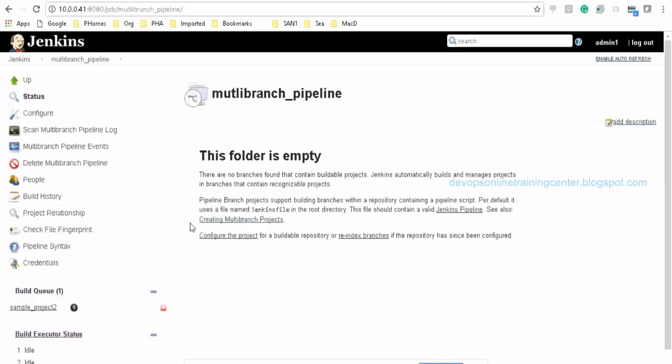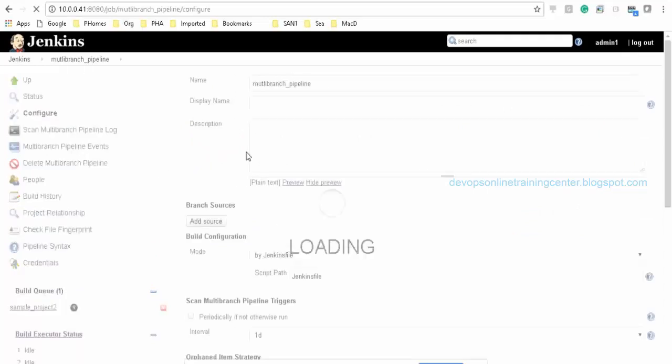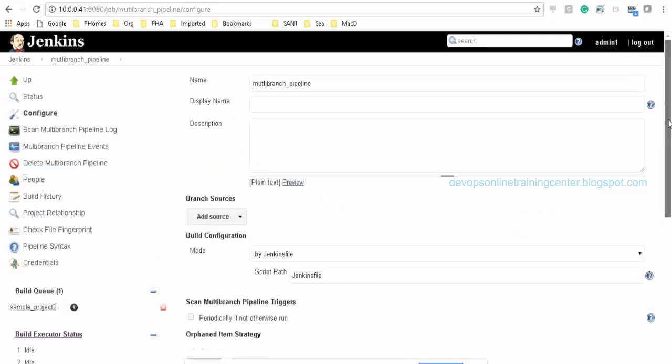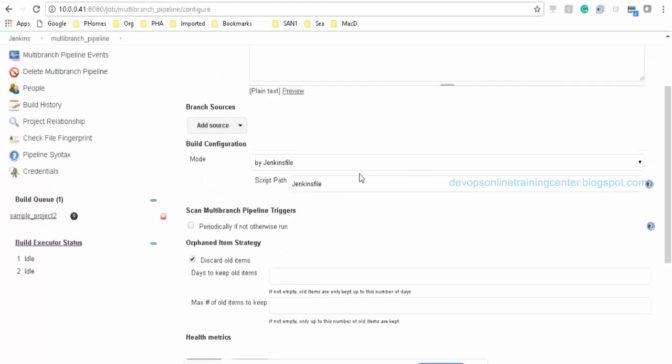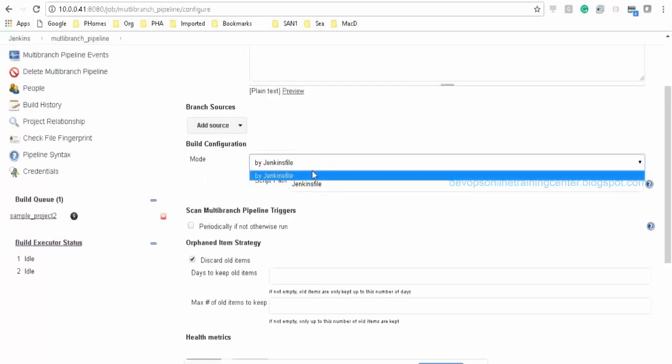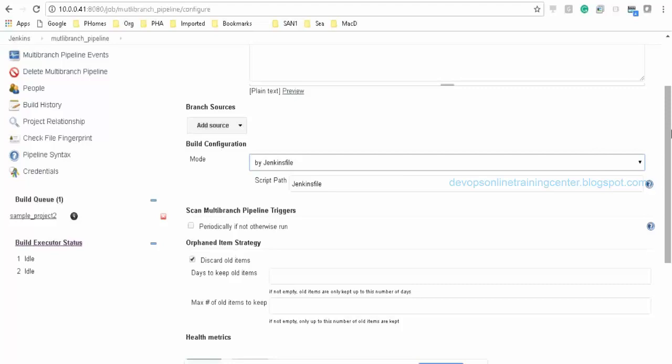Multi-branch pipeline. So this we need to start configuring. Here there is no option to provide the script in the job. It has to be from the SCM, from the source code management.